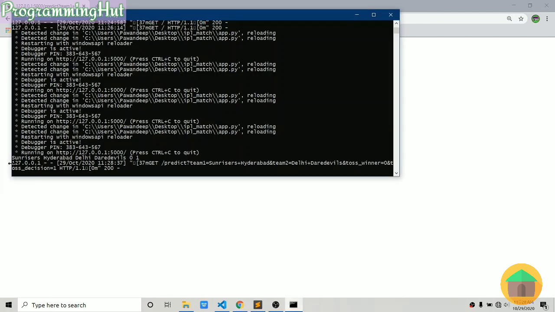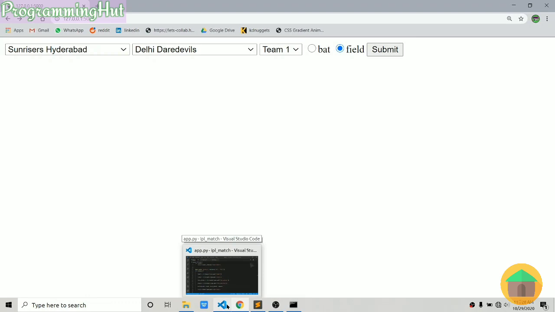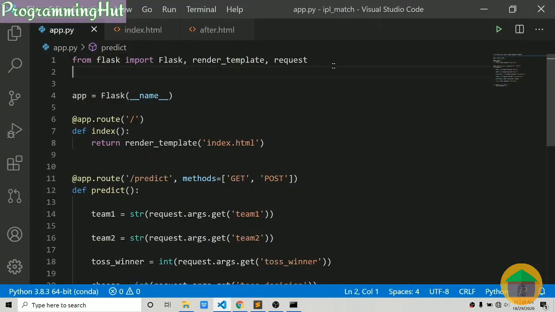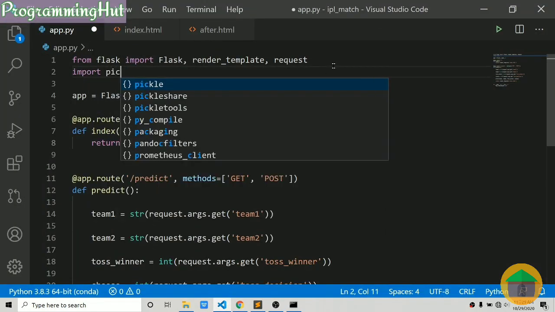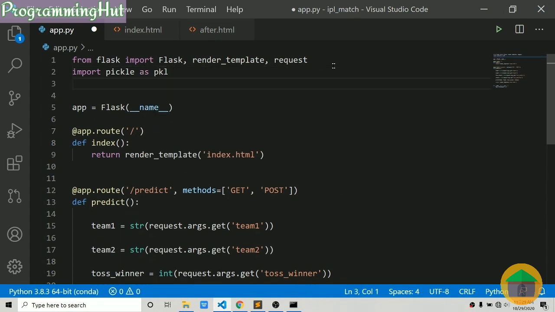And over here we have, if you can see, Sunrisers Hyderabad and Delhi Daredevils and 0 and 1. So everything is working fine. Now we just have to import our model and make the prediction and transfer that prediction to the next page. So we have to import pickle in order to reload our model, and we also have to import numpy.